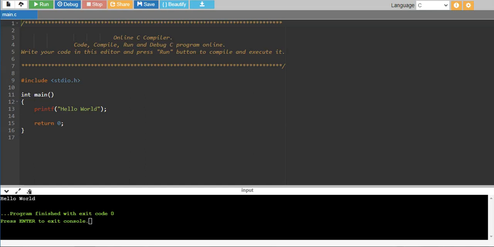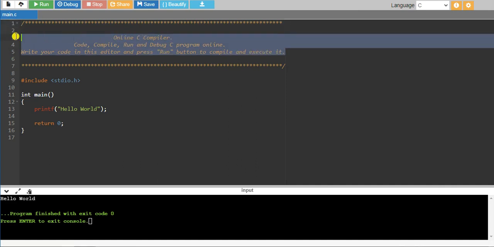So in this session I am going for the next experiment, that is, write a program to sum and reverse of a given integer using while loop. So let me begin with the problem definition. So I would like to type here the problem definition, that is